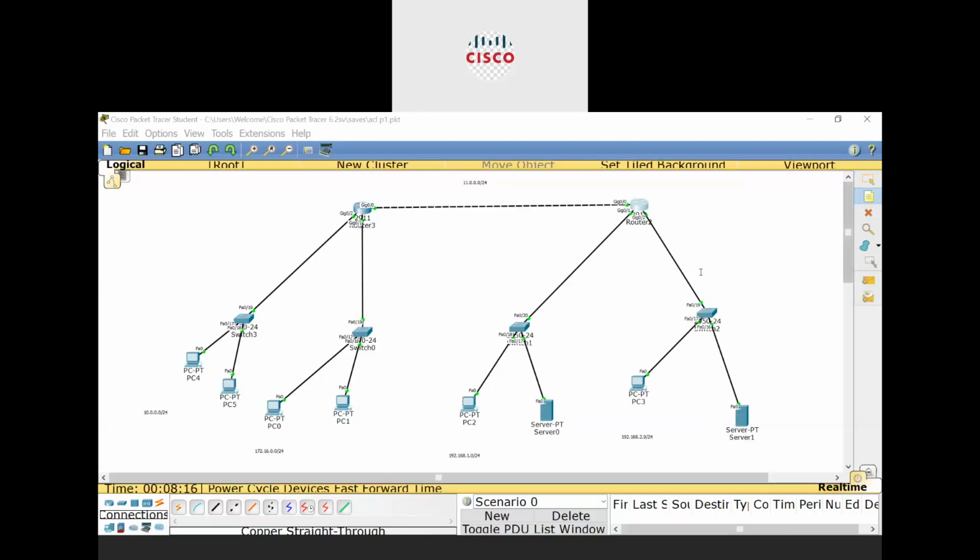What I want in this ACL is that network 10.0.0.0 can ping server 1 but can't access HTTP of it.